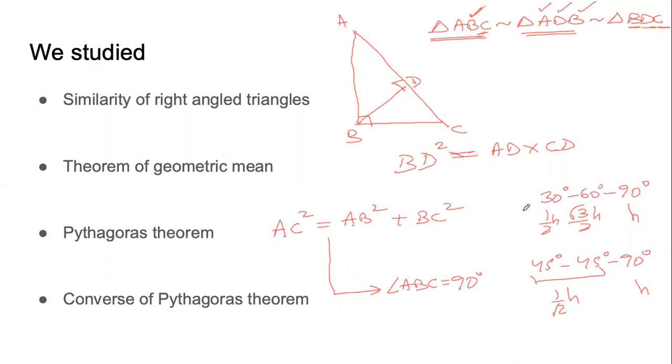They are quadrilaterals, and when we draw their diagonals, we end up with right angle triangles. What am I saying? I'm saying that if we start with a rectangle, suppose this is rectangle PQRS, and we draw the diagonal QS, then we have two right angle triangles. One is triangle QPS, another one is triangle QRS. So the same Pythagoras theorem can be applied to these triangles also.